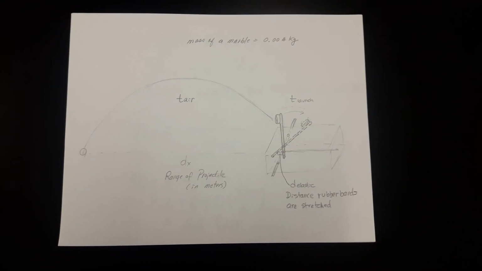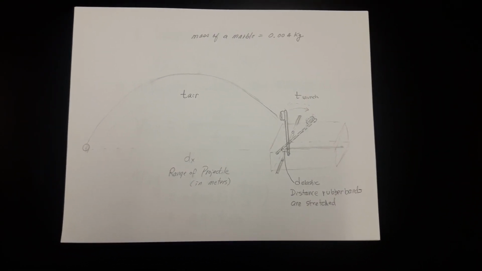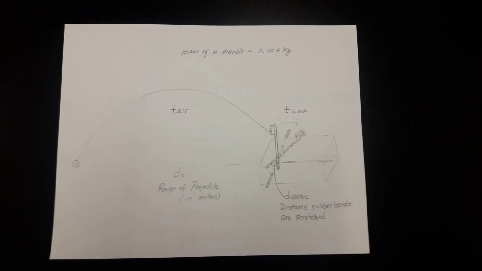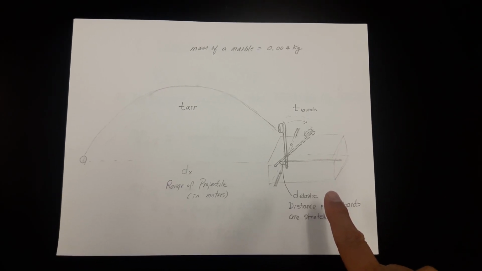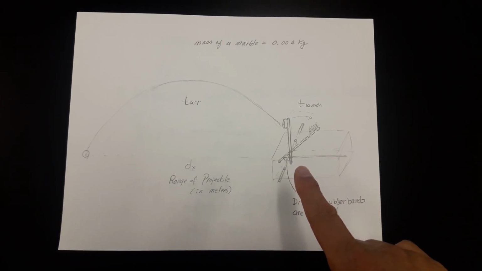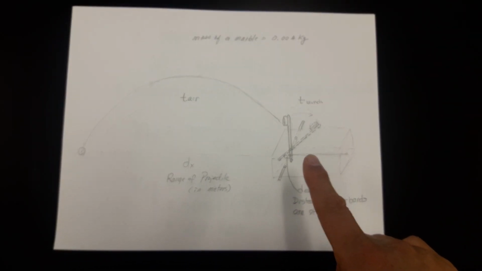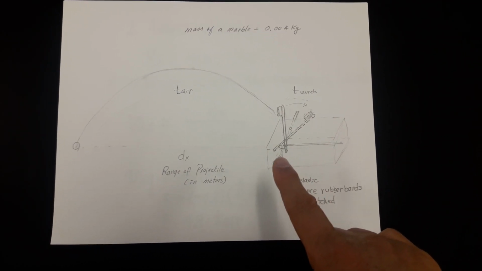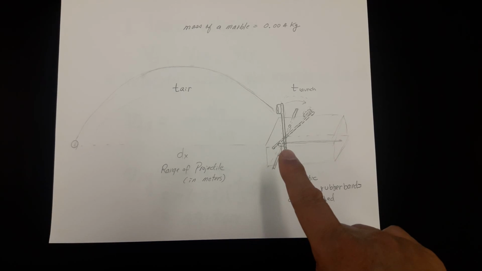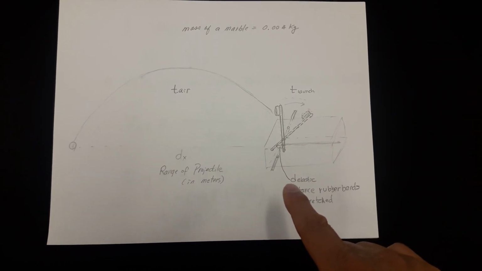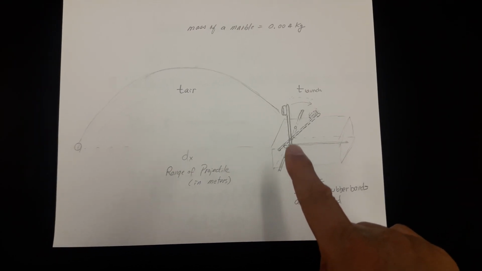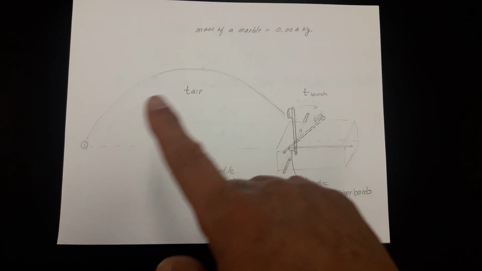I'm explaining the Catapult project. So here is a diagram of Catapult project. You have a Catapult here, and here is the arm of Catapult. So you pull this arm back, and then this rubber band is stretched. So the difference in the length of rubber band is denoted as elastic distance, and it is shot and it